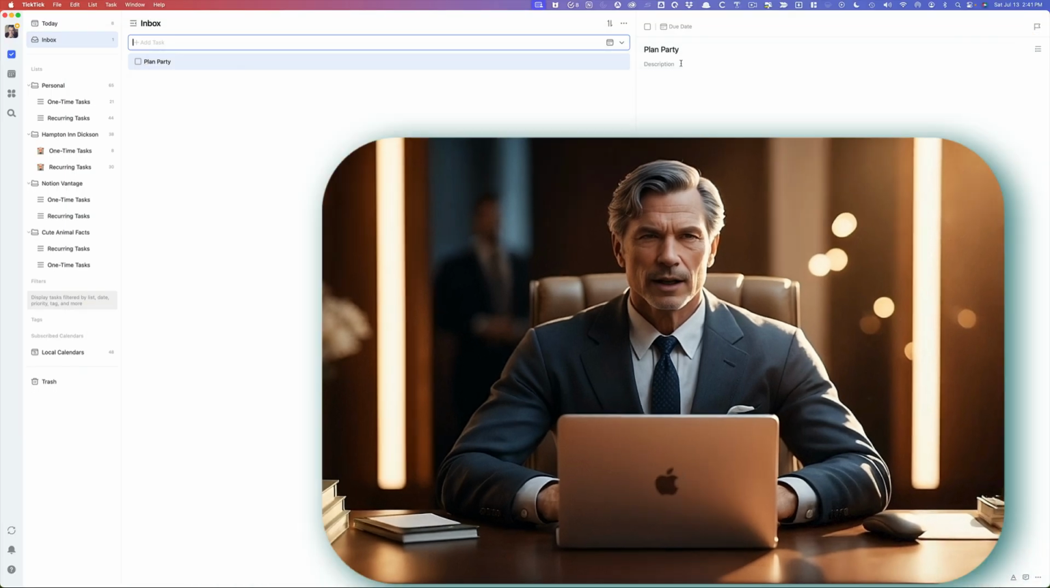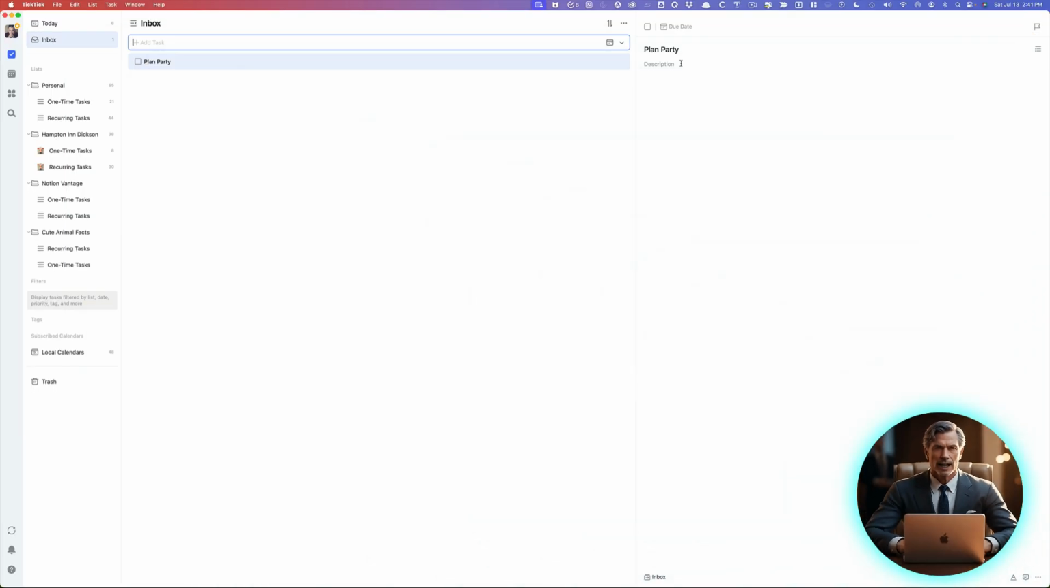When you create a new task in TickTick, you can easily add subtasks or create a checklist within that main task. This way, you can break down your project into bite-sized pieces and track your progress step by step. For example, let's say you're planning a party. Instead of just writing "plan party" on your to-do list, you can create a main task for the party and